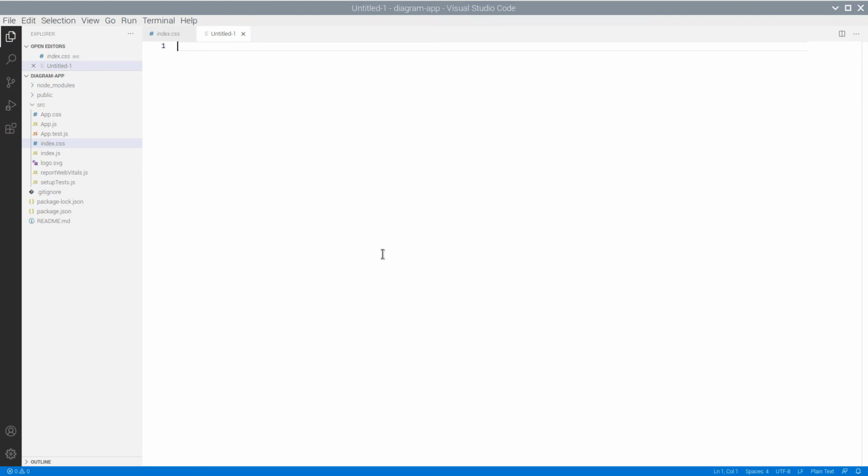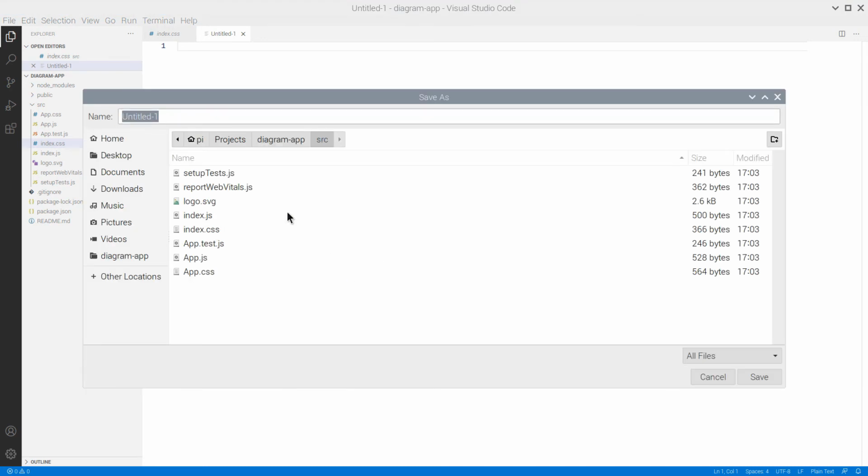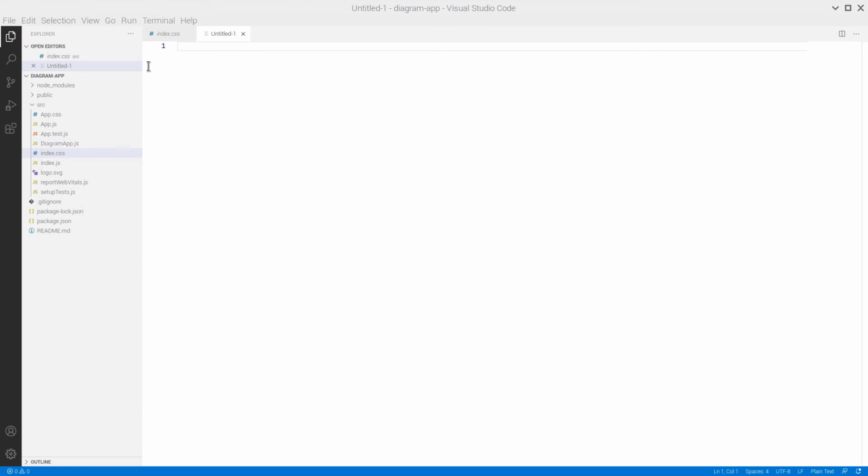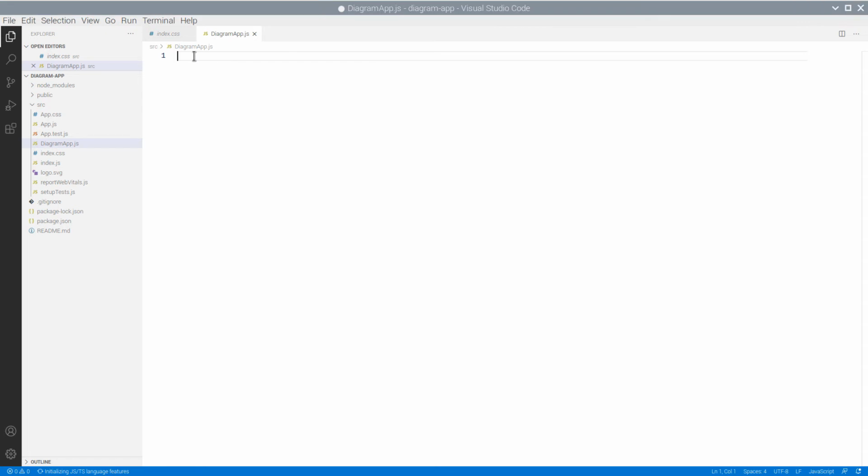First, we create a new JavaScript file where we will code our custom component. We name it Diagram App. We declare the default React import and a member import of Component from the React library.